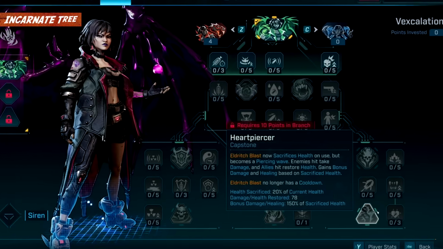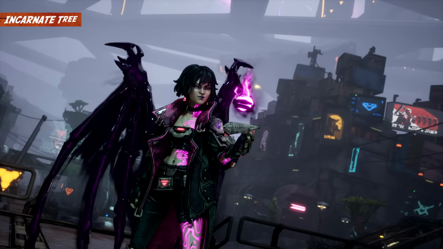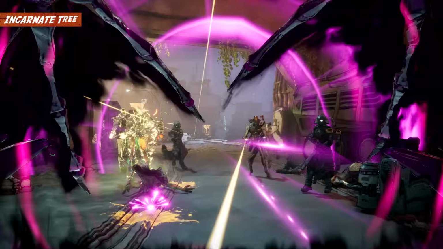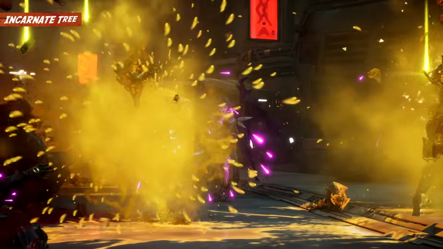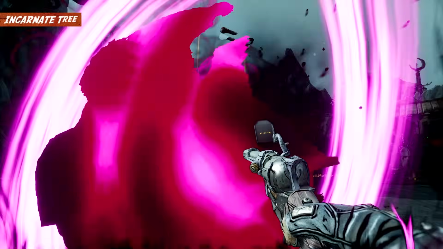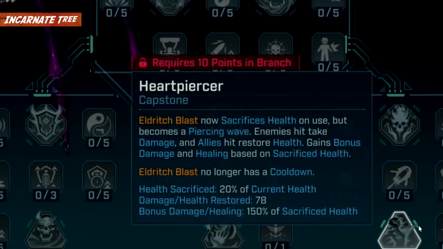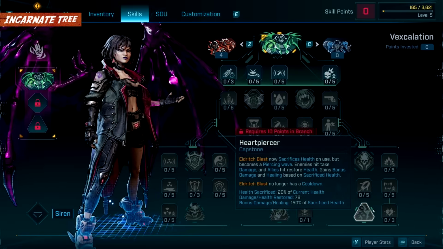The final capstone is Heart Piercer. It makes Eldritch Blast now sacrifice 20% health on use, but becomes a piercing wave. Enemies hit take damage and allies hit restore health. That component is only useful if you have minions or friends playing with you. The wave gains bonus damage and healing based on 150% of the sacrificed health amount. The main thing though is that Eldritch Blast no longer has a cooldown, so you can spam it